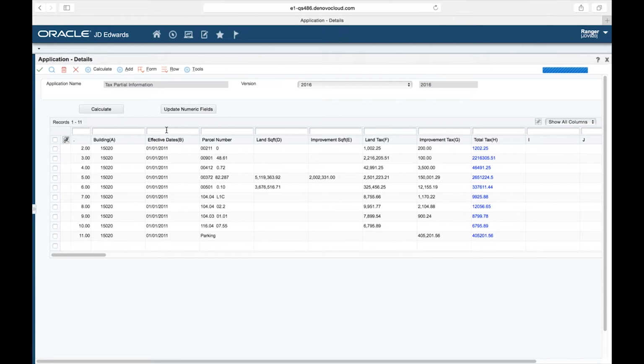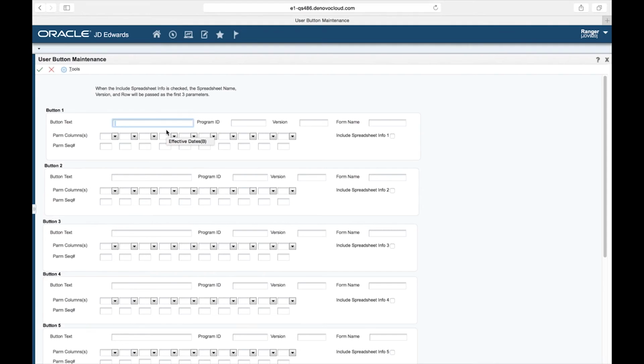So I'm going to click on that particular function, and it's going to bring me to a screen where I can create a button. I'm going to call this one my building details, because I want to go to the building. And then here I put in the program that I want to call, 062, and I put in the version that I want to execute. I'm going to just call the standard JDE one, and what form